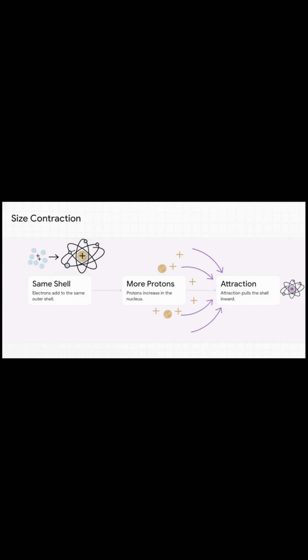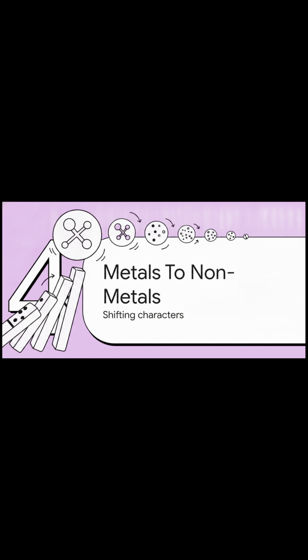As you move left to right, this magnetic pull gets stronger and stronger, pulling the outer shell tighter and actually shrinking the atom. It's completely counterintuitive, but it is absolutely the golden rule of the table. And that domino effect brings us straight to Section 4, metals to nonmetals shift, where we look at the shifting